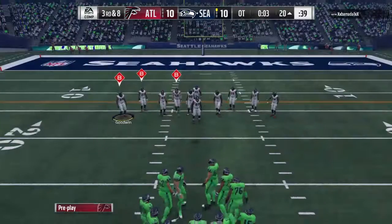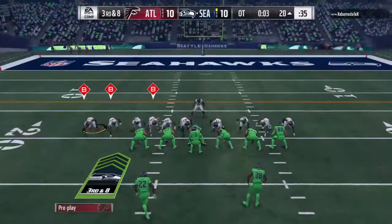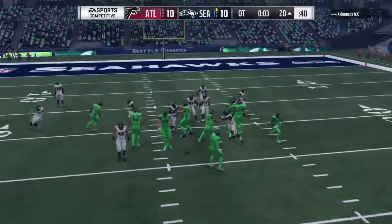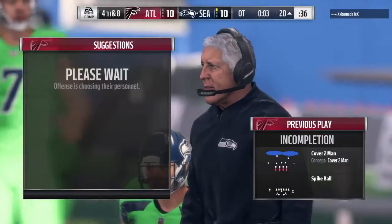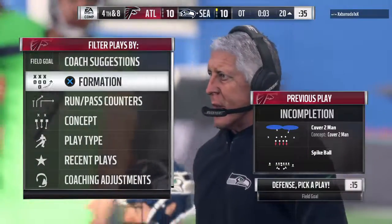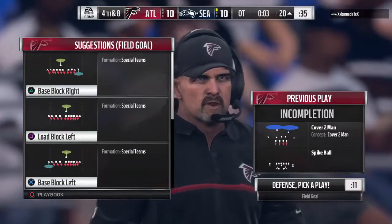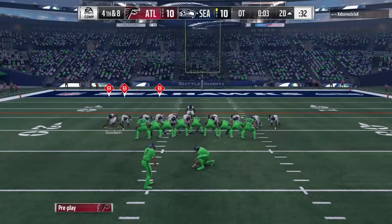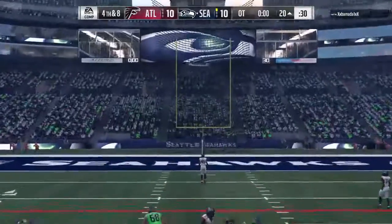The Seahawks on 3rd down, 3 for 7 so far in this game. This is 3rd and 8. Did he just clock that? Looked like he tried to stop the clock, but the clock wasn't even moving. So on now is Blair Walsh. This to win it in overtime. And he